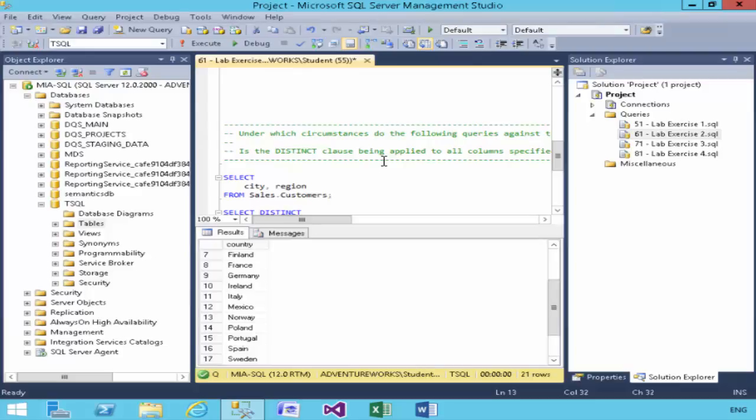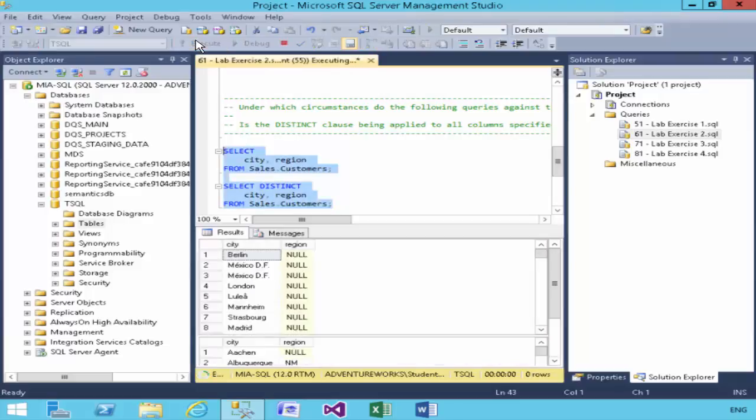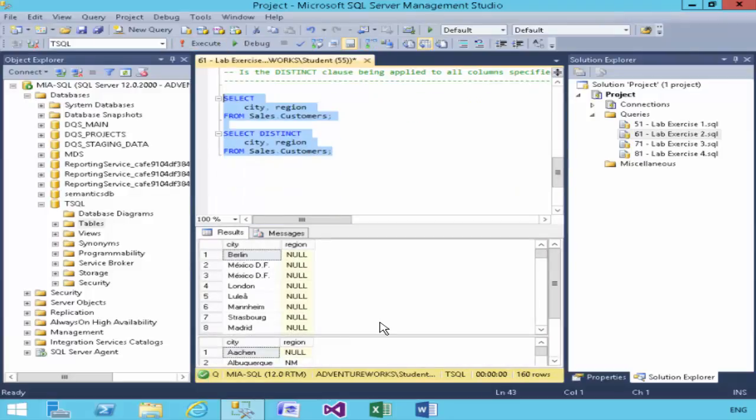Now you'll find that I don't tend to use the template as it was designed, and I'll drop my code in as and when I want to. Now in this element, I'm actually going to run two queries side by side, and you'll see both of the outputs presented here. The top one is the full select, the bottom one is the distinct select.